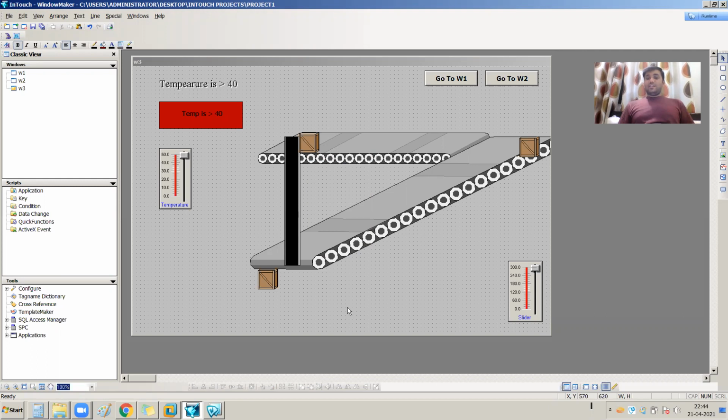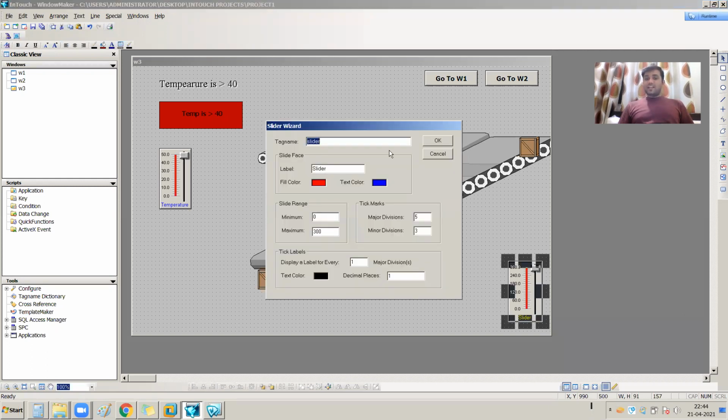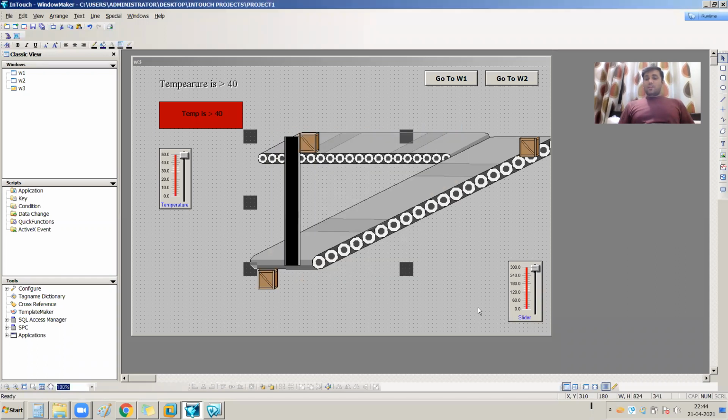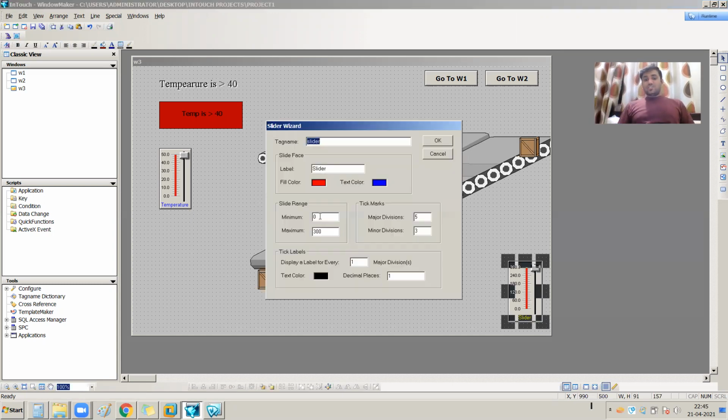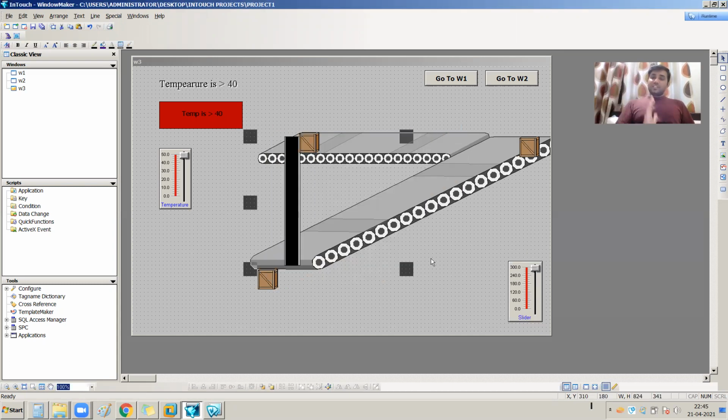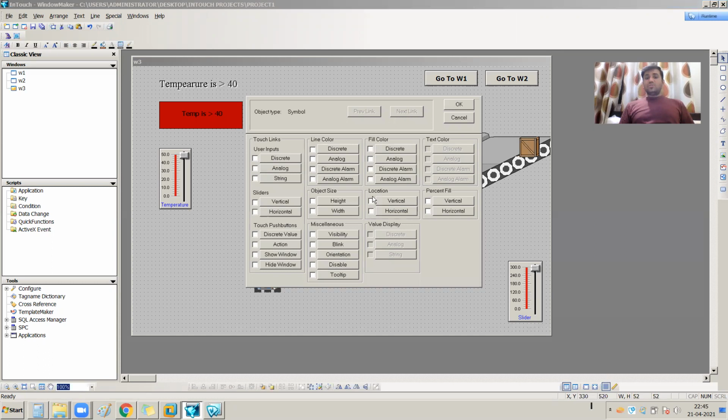Okay, and I am still using this slider, and this slider has the tag slider. From 0 to 100 it is covered by the horizontal movement, from 100 to 200 it is covered by the diagonal, and from 200 to 300, because I have changed my slider tag range to 0 to 300, this vertical movement will be done.